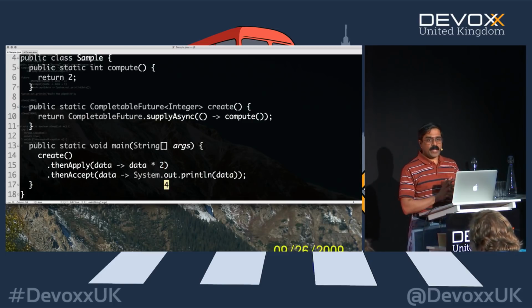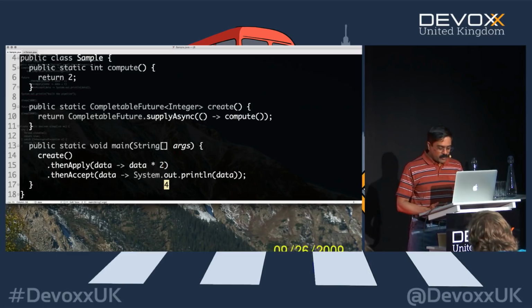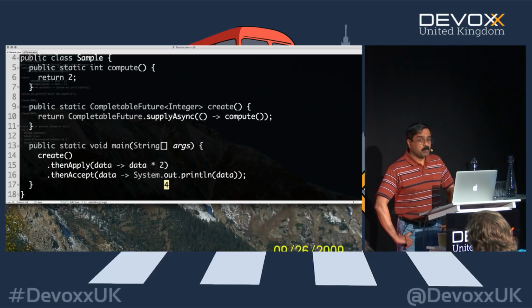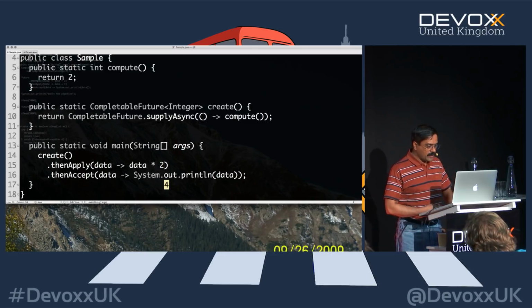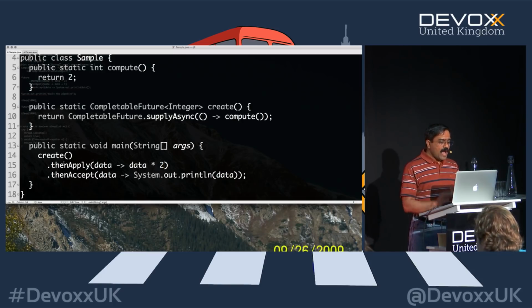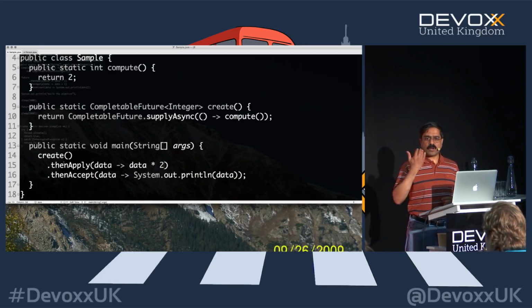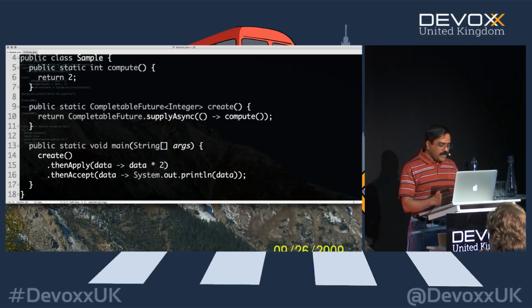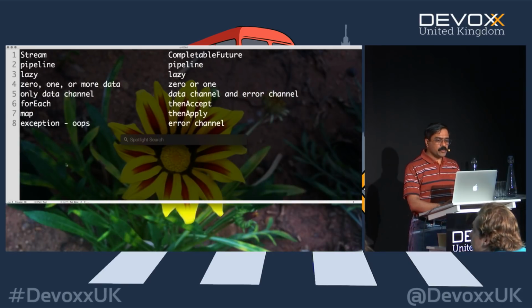However, what we can then do is to ask it to deal with errors when that happens. So what do we do about exceptions? What if something were to blow up? What are we going to do about it? Well, this is where we need to get comfortable with the way this API works. When you have a CompletableFuture, if things are going well, it is going to find out for you.